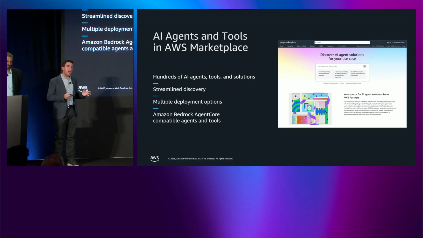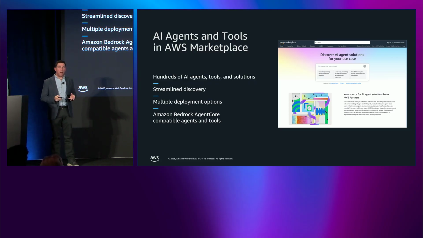So AI agents and tools in Marketplace really enables customers to have a one-stop shop, everything they need for successful AI agent implementations, whether that's vendor or customer-hosted agents, whether it's all the underlying tools and ingredients like MCP servers, guardrails, knowledge bases. SaaS with embedded agents is an important part of the category as well as professional services to really help our customers tie together all of their agentic solutions in one workflow, regardless of where you are on